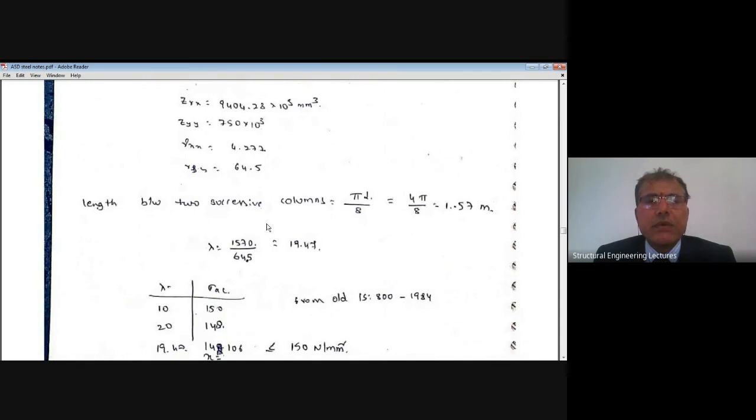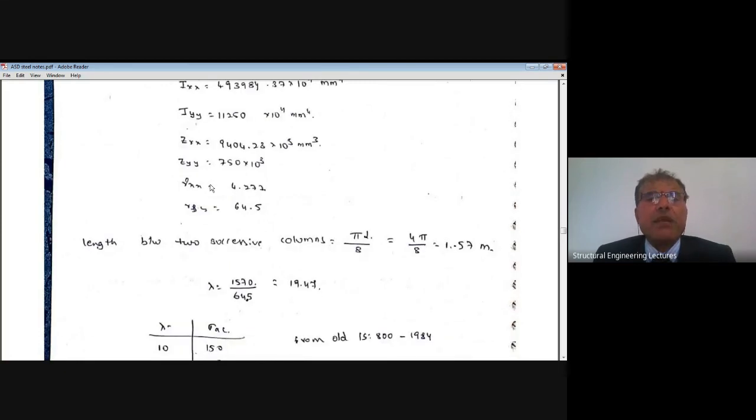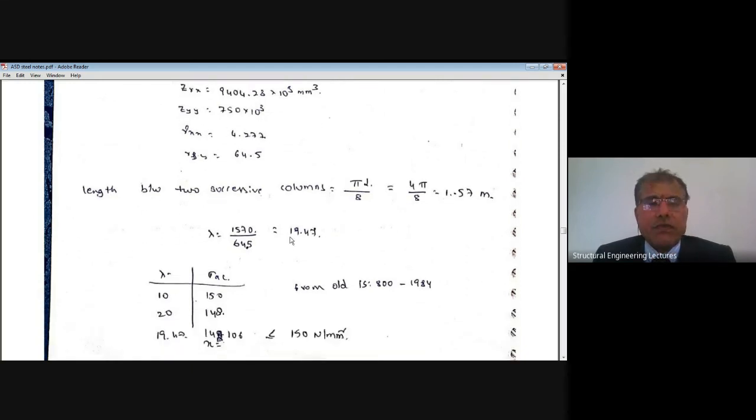Slenderness ratio is nothing but lambda equal to L divided by r min. Therefore, I have this r min as Iyy actually. This Rxx is 64.5. There's a typographical error here in writing, and Ryy is equal to 4.27. Doing which, now I'll get